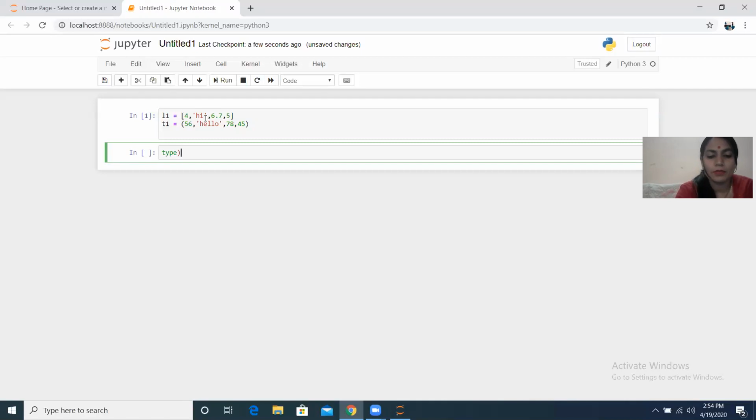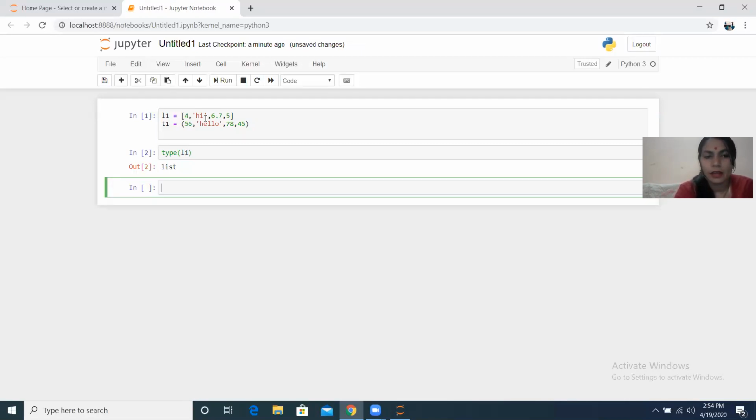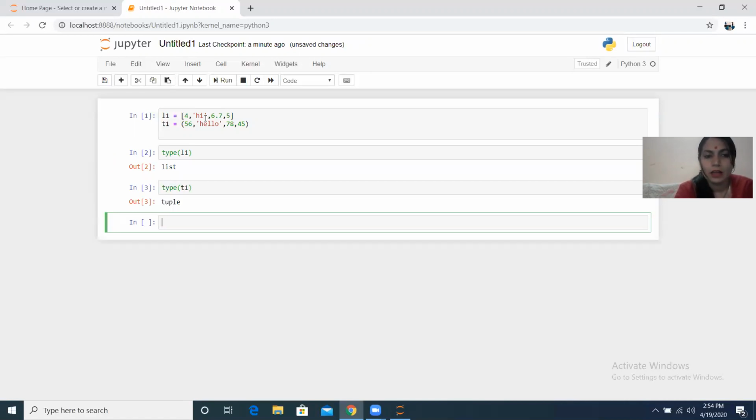You see type of L1, type function, and L1 is a list, and type function on T1, that's a tuple. Now what you can see here is that in a list or a tuple we can store n number of records, and in case you want to check the index of each and every one, how do we index it?